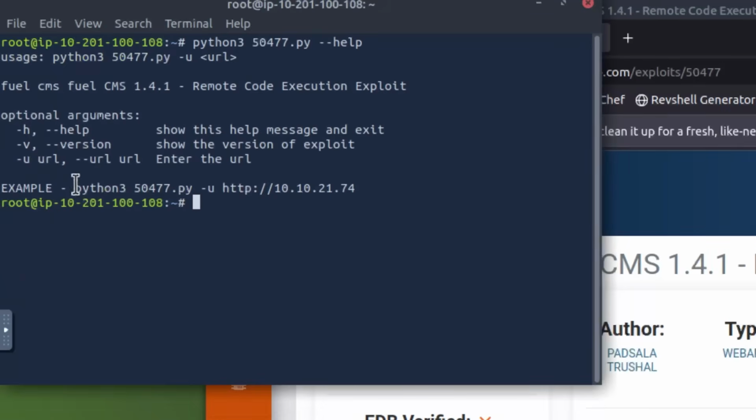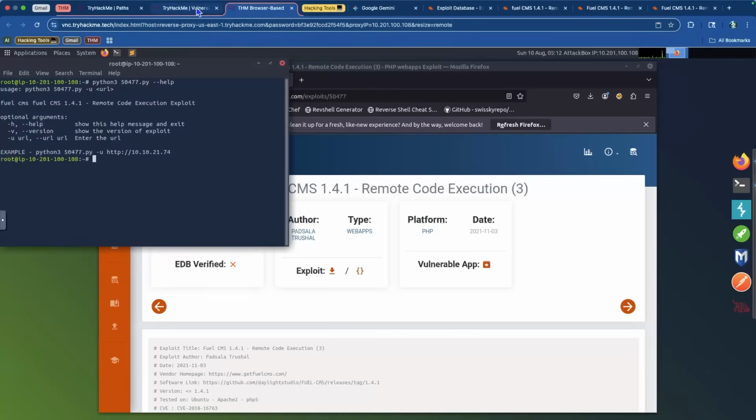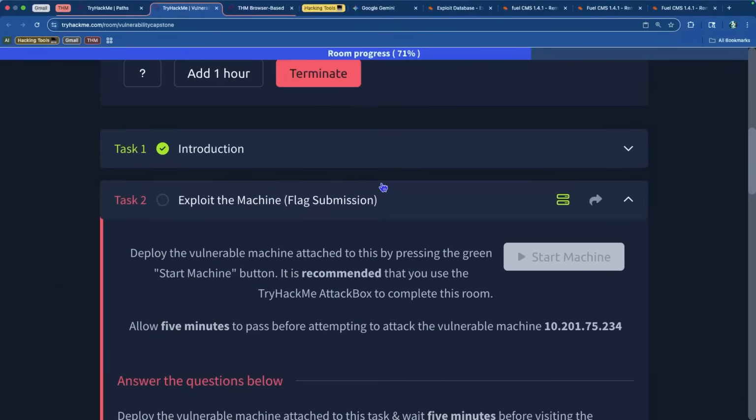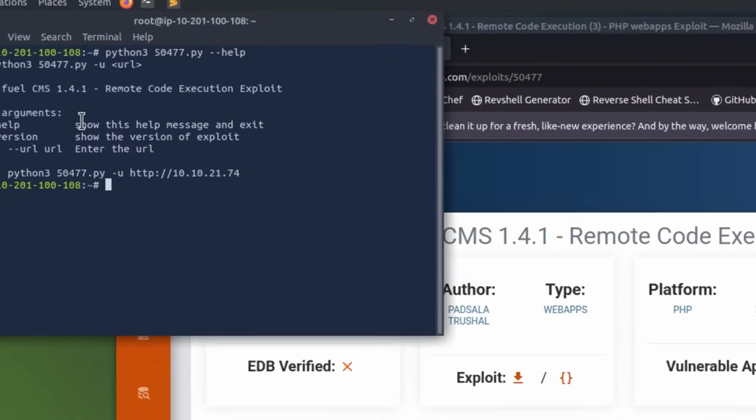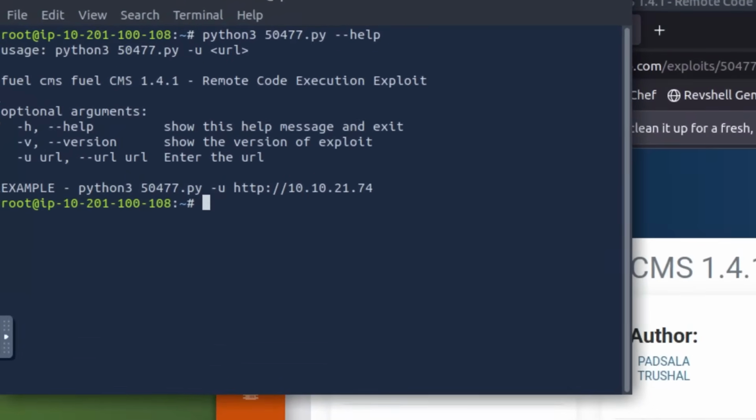So Fuel CMS, Fuel remote code execution, you give it the URL, and then that's basically it. That's the full thing that we would have to do. So this one seems to be more straightforward than anything else, so I'm going to use this one as my first attempt. I'm going to copy this link, which is the target that I'm trying to get the remote code execution for. And from here, we're just going to run it exactly as it says, Python 3,